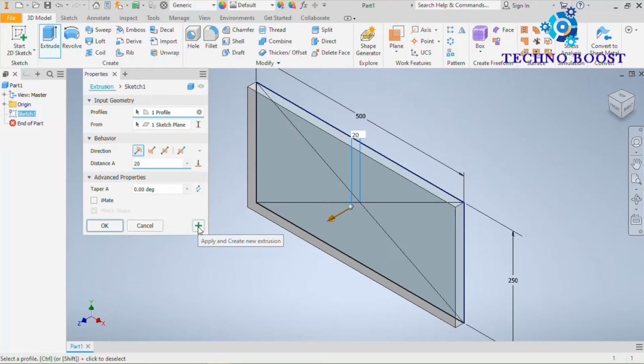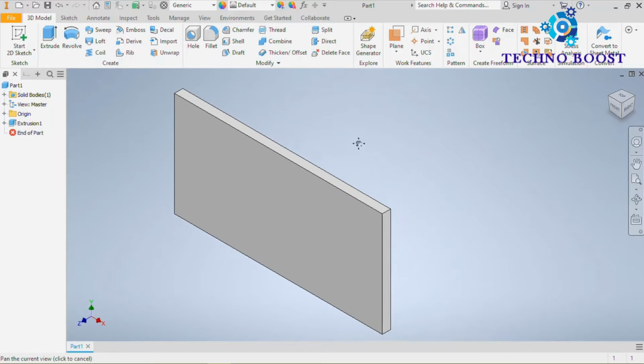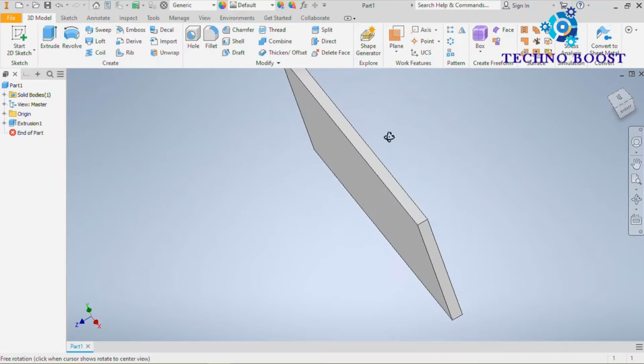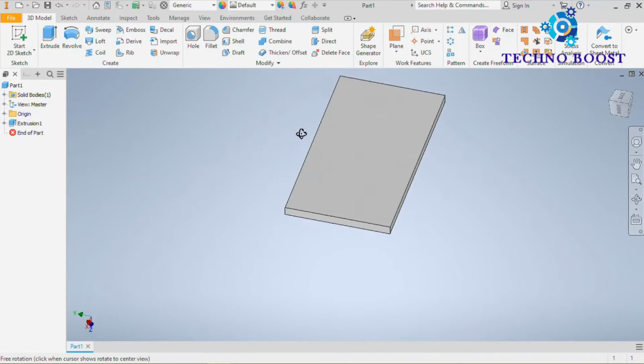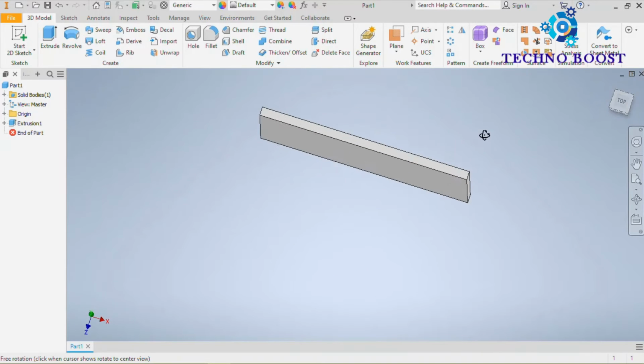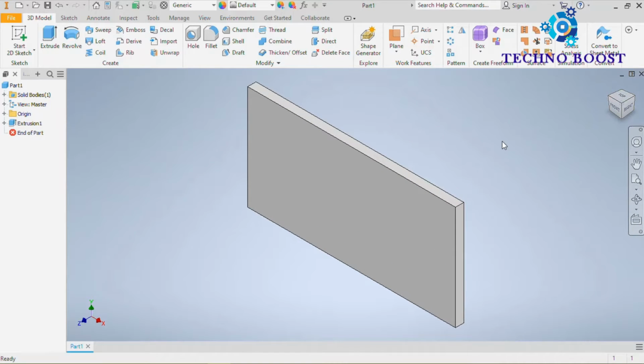You can click here, apply, recenter or OK. You can see how to drag this and how to rotate or zoom in, zoom out in video number 2. Okay, this is the isometric view or home view.